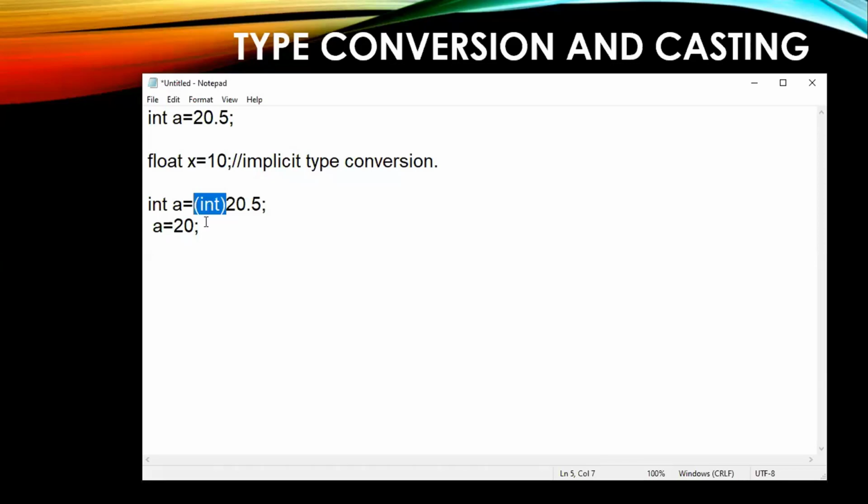When you are explicitly saying that this value I need to convert to an integer, then this is called explicit type casting. Casting in the sense you are choosing which data type you want to convert into.